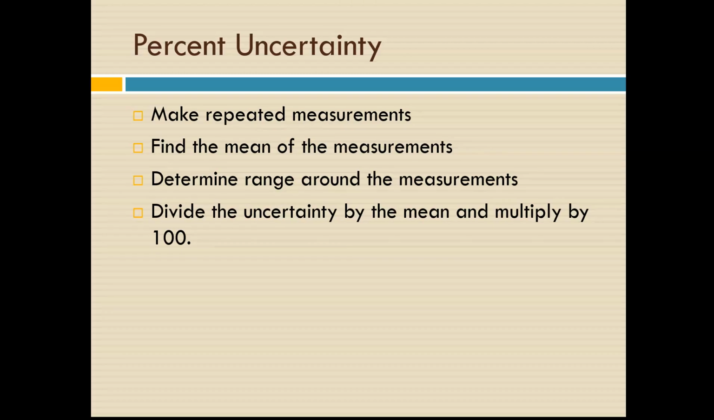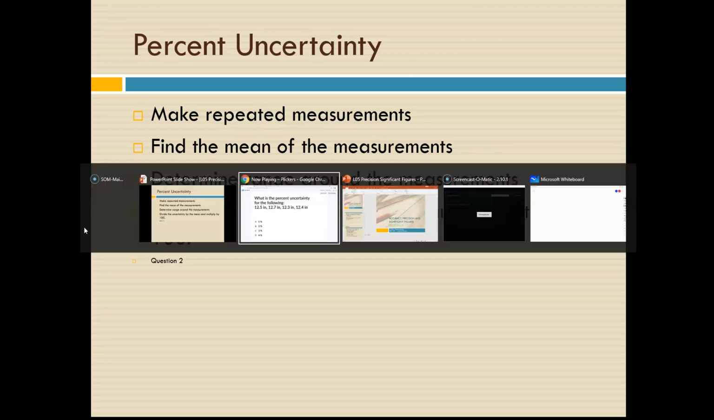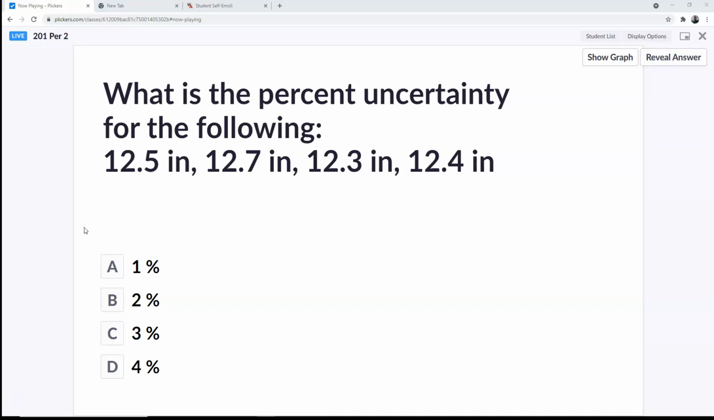Would it help to do an exercise? Okay, let's do an exercise then. So the exercise is, what percent uncertainty will you find for the following? 12.5 inches, 12.7 inches, 12.3 inches, or 12.4 inches. What's the percent uncertainty? Let me do something here real quick while you work on that, because I actually have